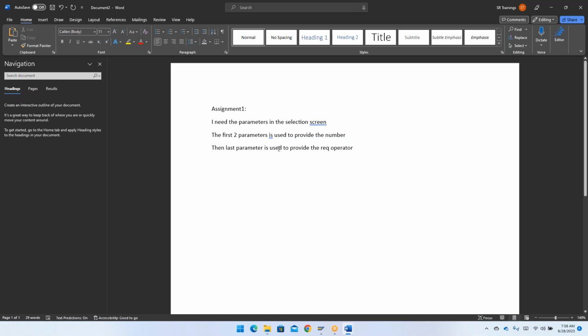So now this is the one. That means I need a parameter p_variable1 and p_variable2, where the user can provide the values as 100 and 200, and p_operator is equal to, let's say, I have just provided this as plus. Now if I say this, then I need the output as